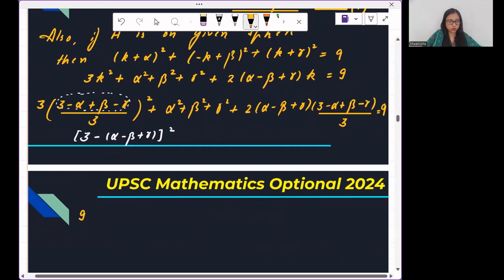So let's continue. This is 3 by 9, and if I open the square here, that would be